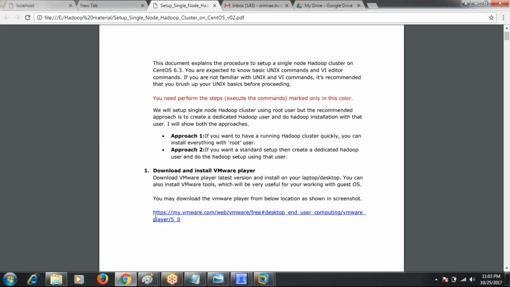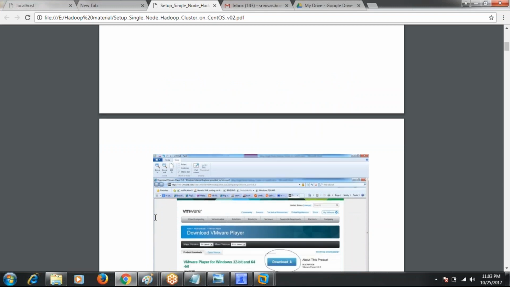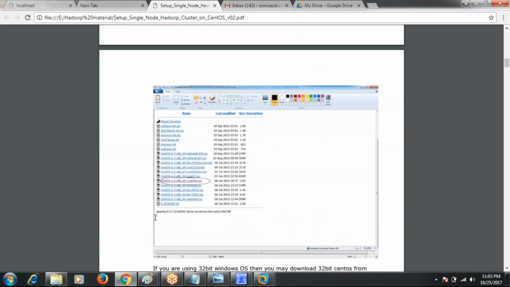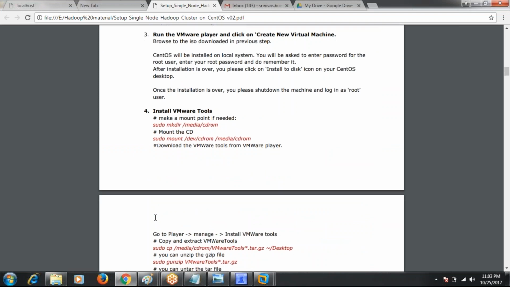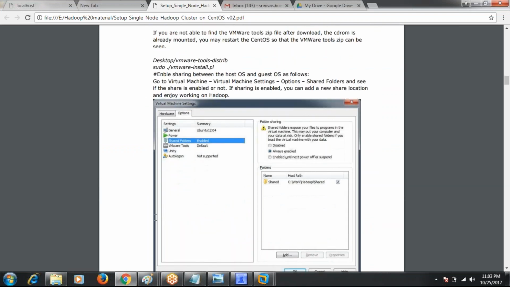VMware installation completed, VMware Player completed, the CentOS installation completed, and VMware tools also completed. Next step is what?